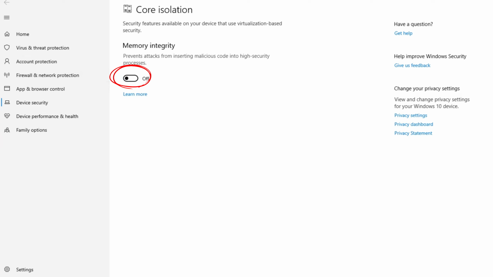So, why does Roblox fail when memory integrity is on? Roblox uses certain drivers and background components like anti-cheat system or graphics modules that must run close to the system's core. When memory integrity is enabled, Windows blocks some of these older or unsigned drivers because they don't meet strict